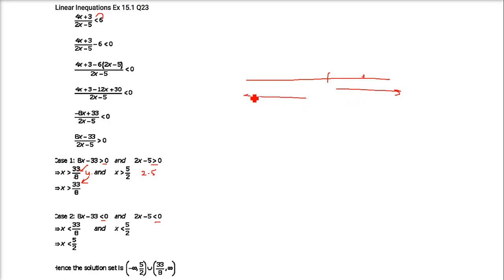And when you take the lower one, you always take the lower one. Means when it goes to minus infinity, you take the lower one. When it goes to plus infinity, you take the higher one. So here x is less than 33 by 8, x is less than 5 by 2, which is the lower one, this one. So you take x less than 5 by 2. This gives you 33 by 8 till infinity, and this gives you minus infinity to 5 by 2. Now take the union of this. This is the solution.